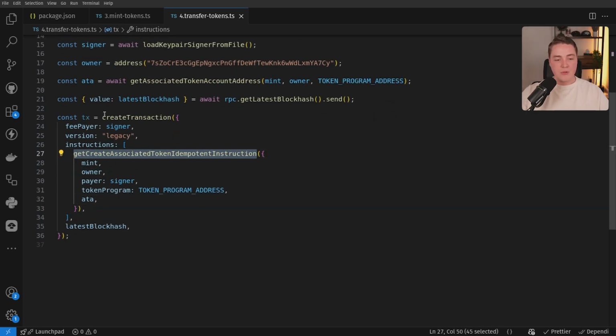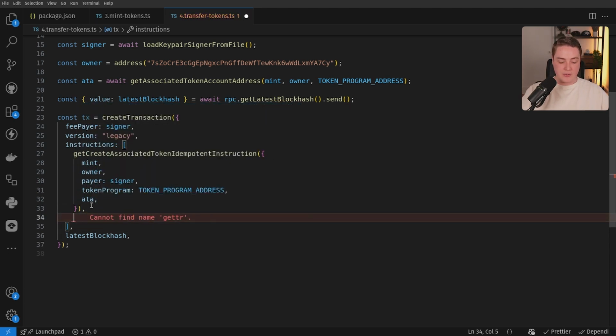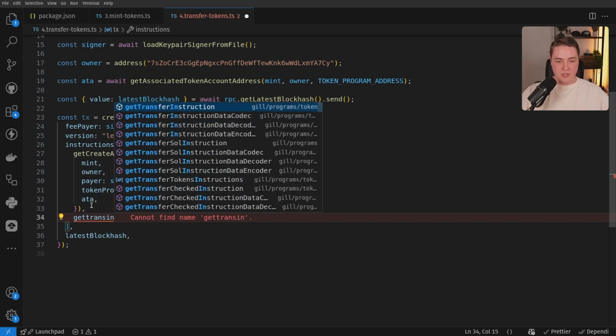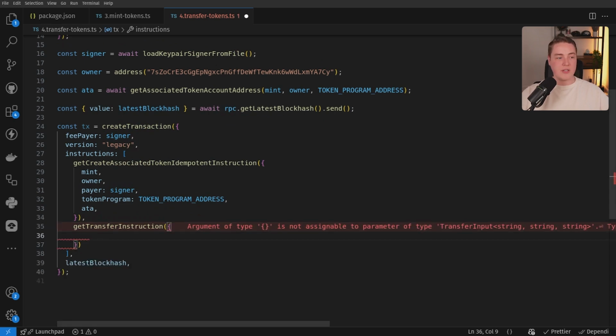our instruction now. So now this transaction will create the ATA for the user if they don't already have it, and if they do, it's going to exit successfully. So now that we've created the ATA, the user has their destination for these tokens on our mint. Now we can actually transfer tokens to them. So we'll call get transfer instruction. And we can start passing in all the information that we need